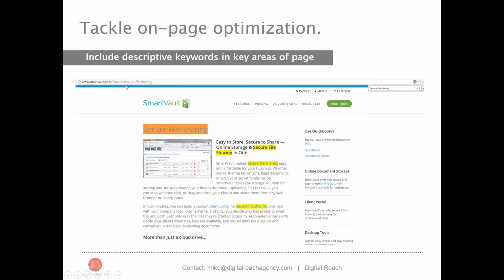through the process of identifying the keywords, then they mapped them to the right pages. Often what will happen is you'll say, okay, I don't have a best fit page, I might need to create a new page specifically for that term. And that's exactly what these guys did. They created a secure file sharing page where they optimized it well from an SEO perspective.